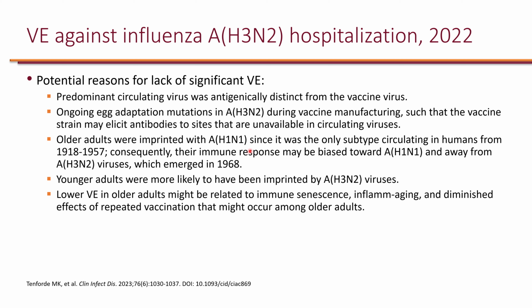Now, when we look at subgroups, you can see across the board pretty much statistically significant. The only exception was, if you look at elderly patients for H3N2, this confidence interval was too wide, so it crossed the line of unity, so it did not reach statistical significance, but pretty much all other subgroups reached statistical significance. Now, when we look at some of the outcomes in the hospitalized patients, you can see that for some